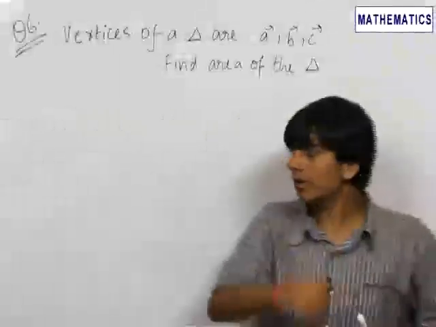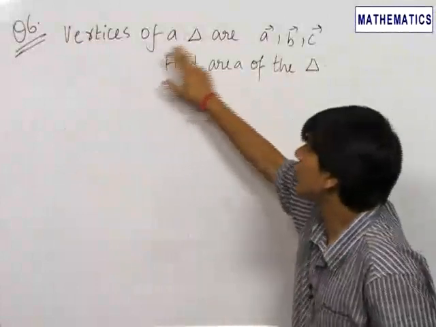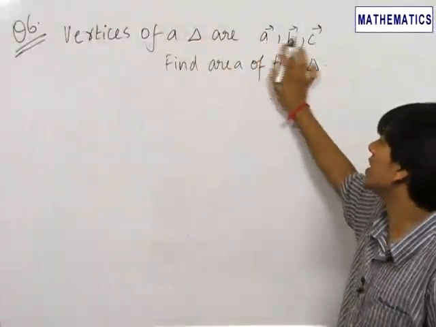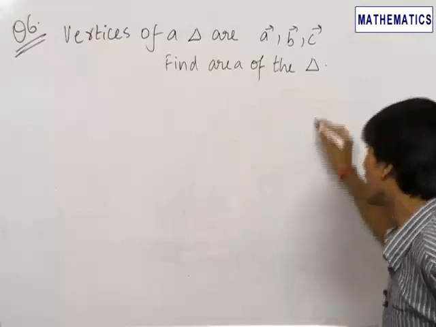The sixth question that we have is a very important question whose result you should remember. We have been given that the vertices of a triangle are given by position vectors A vector, B vector and C vector. We need to find out the area of the triangle. So as we know that for a triangle,